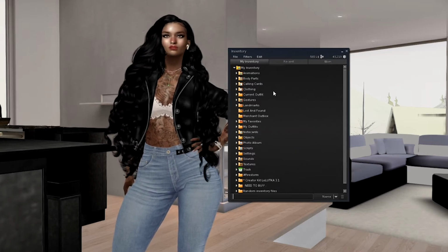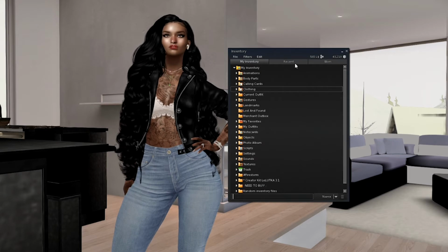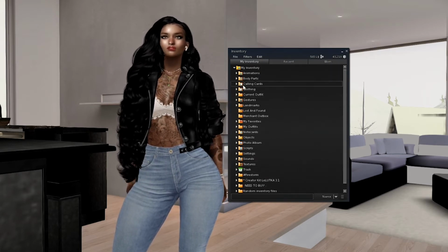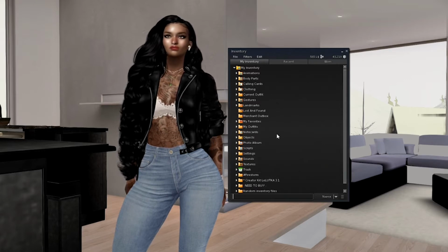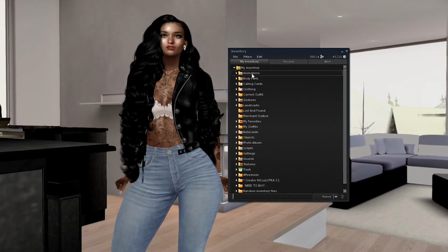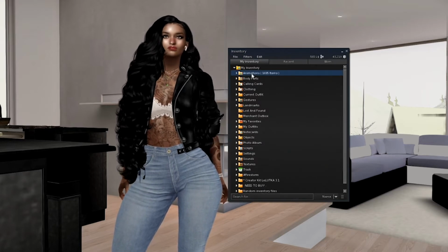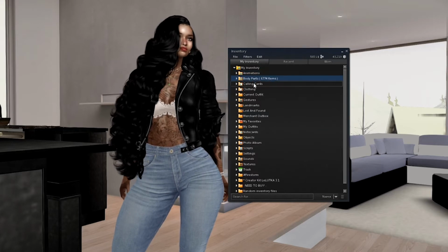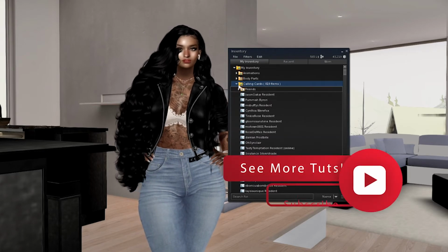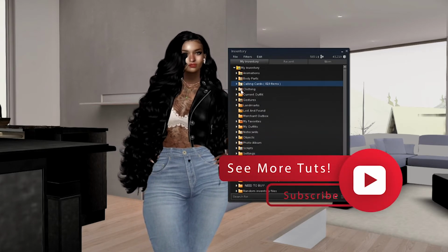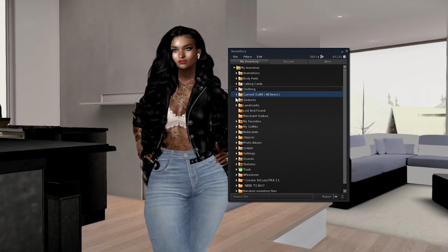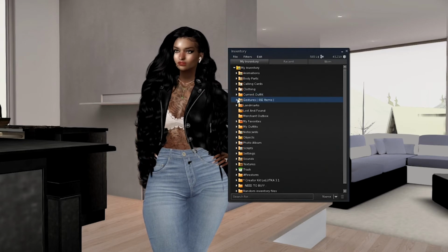Folder? So anyway, in our inventory, we have all the items that we purchase, that we are gifted, that we get from events, whatever. So we have our animations, our body parts. Calling cards are all of the calling cards of your friends, old and present. Clothing, your current outfit, what you're currently wearing. Gestures,